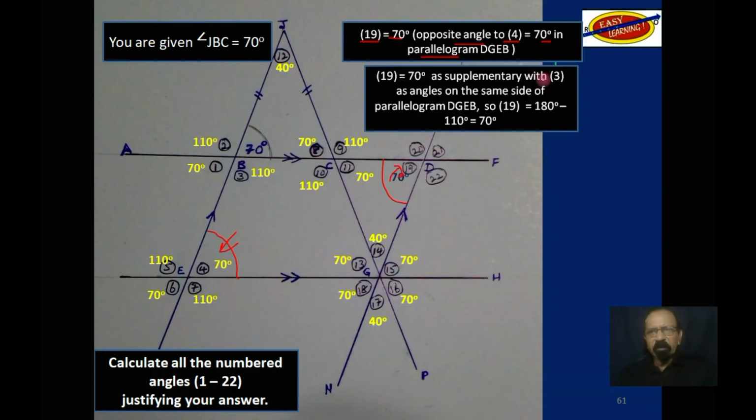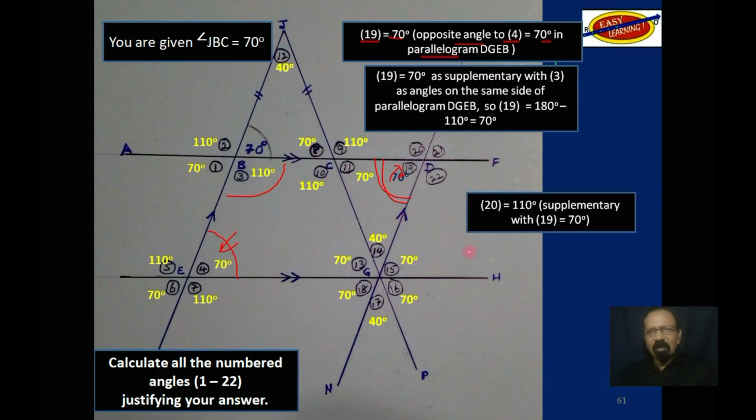It is supplementary with 3 as angles on the same side of a parallelogram. That and this, they're angles on the same side of a parallelogram. So they are supplementary. If that one is 110, then this one is 70. Now, 20, which is this one here, is supplementary to 19. So that's